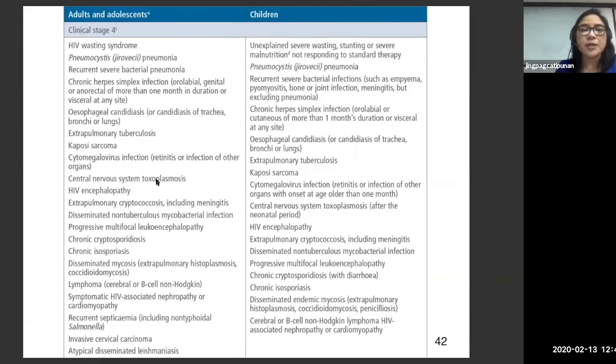For clinical stage 4, usually they would have PCP pneumonia, severe stunting or severe malnutrition, and also several types of bacterial infections, but mostly TB and pneumonia. Some of them we also see with crypto and other